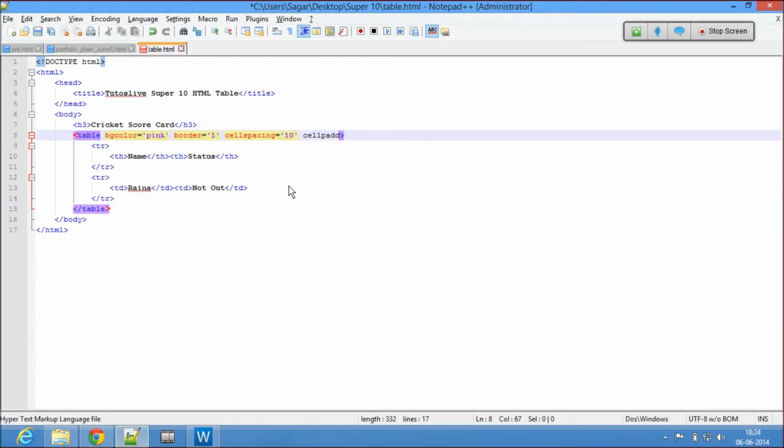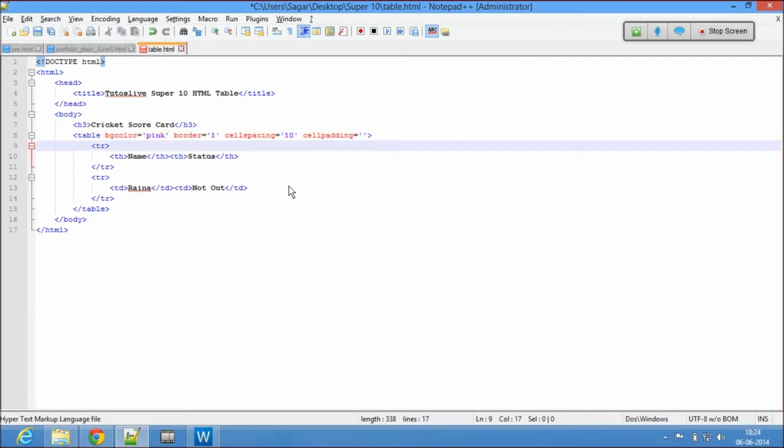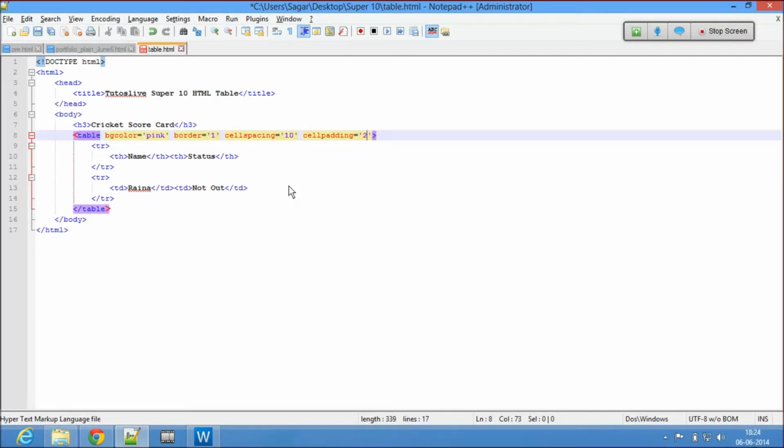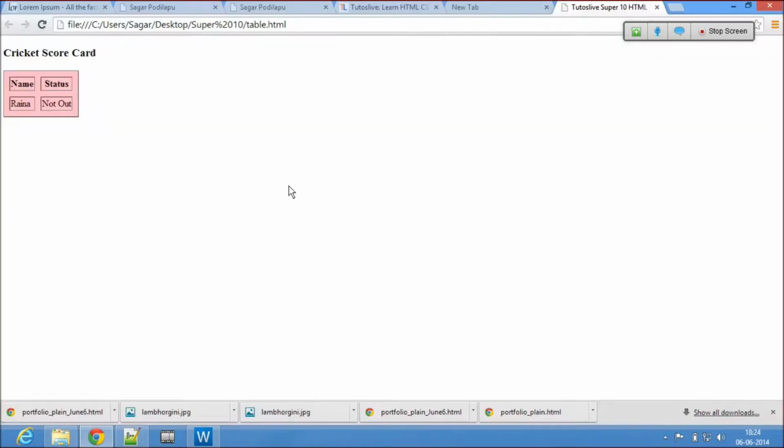Now cellpadding. Cellpadding equal to, I'll say 20. Cellpadding is 20. Just observe it. Now cellpadding is nothing but the space between the cell border and the content.